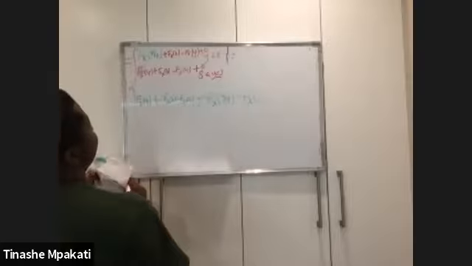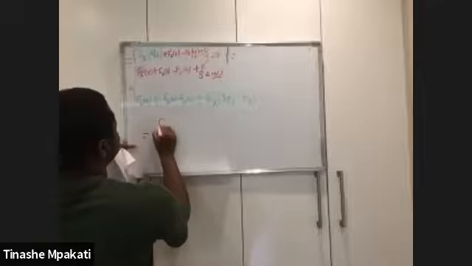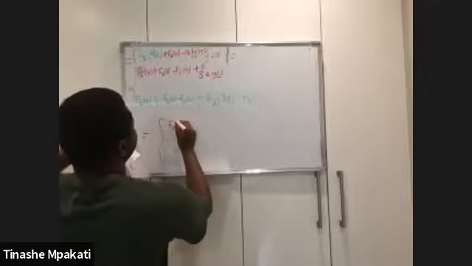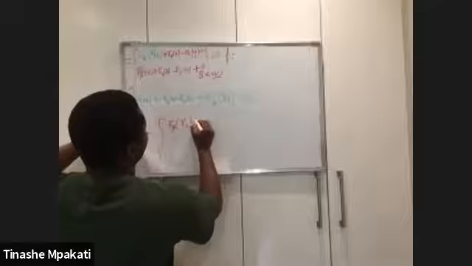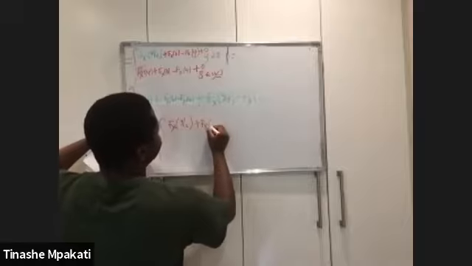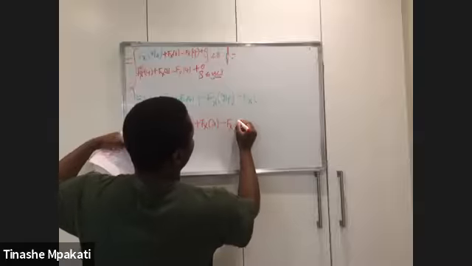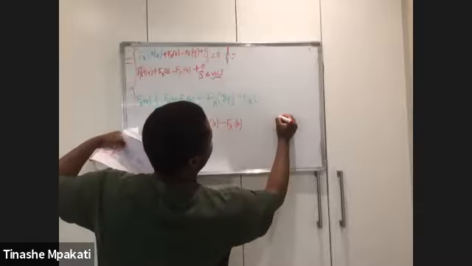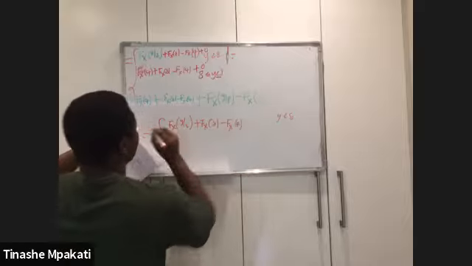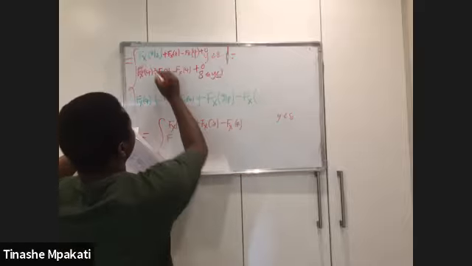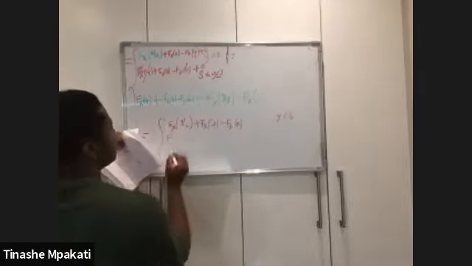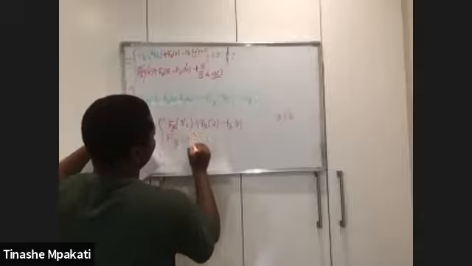This will just simplify to having your CDF of x evaluated at y divided by 2 plus the CDF of 8 minus the CDF of x. So CDF of x at 8 of x and y. This is when your y is less than 8, and then you're going to have your CDF. This and there, and this and that will cancel. So all you have is the CDF of x evaluated at 8.